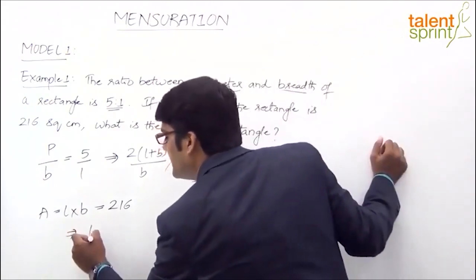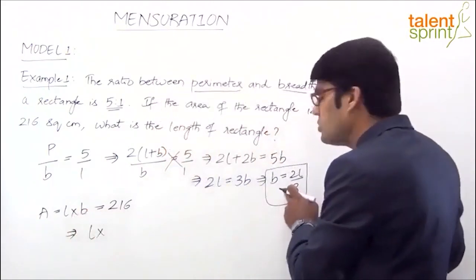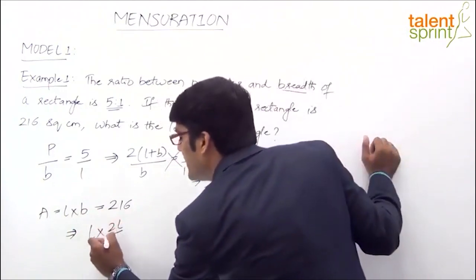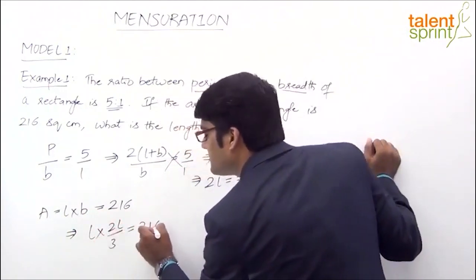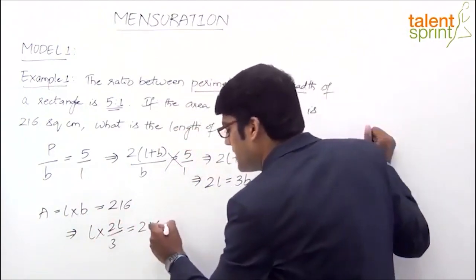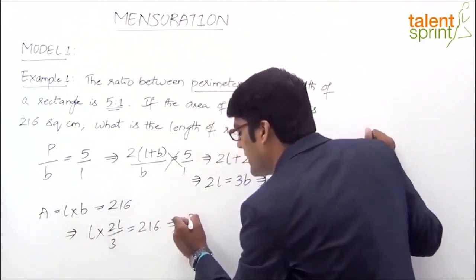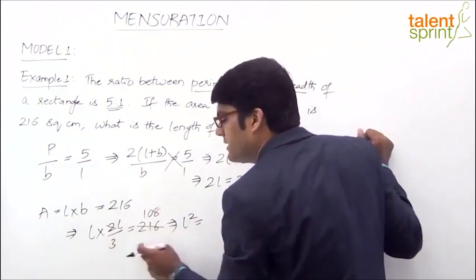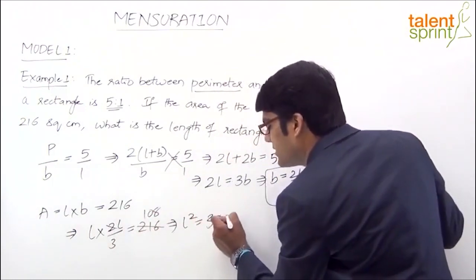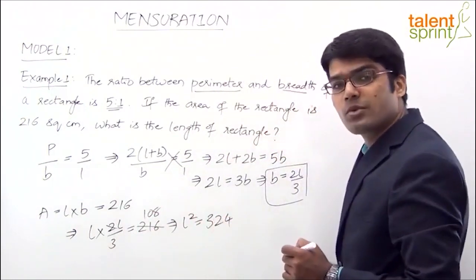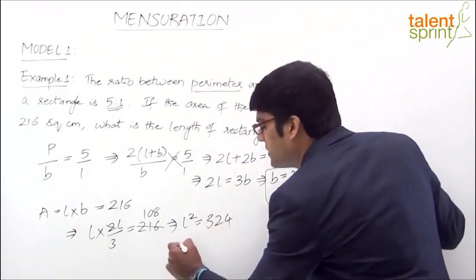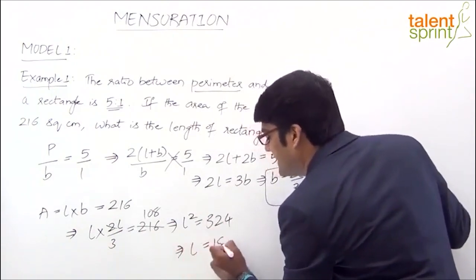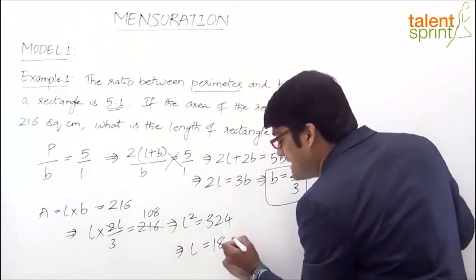सो यहां पर क्या हो जाएगा, लेंथ L, ब्रेड्थ हम ले सकते हैं 2L/3। सो ये हो जाएगा L इंटू 2L/3 इक्वल्स टू 216। अब इसे सिंप्लीफाई करने पर क्या आएगा, L इंटू L हो गया L स्क्वायर और ये 2 हो जाएगा 108 टाइम्स, यहां पर 3 इंटू 108 होता है 324, यानी L स्क्वायर इक्वल्स टू 324। L क्या होगा, स्क्वायर रूट ऑफ 324। स्क्वायर रूट ऑफ 324 होता है 18। सो इस क्वेश्चन का आंसर हो जाएगा 18 सेंटीमीटर्स।